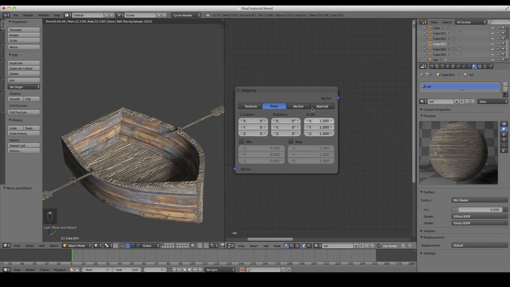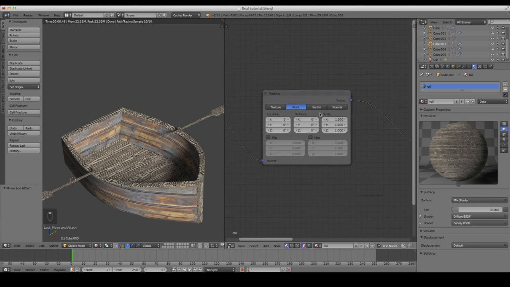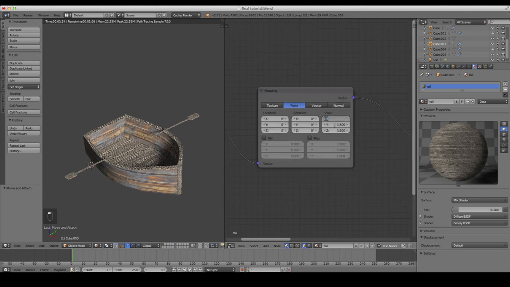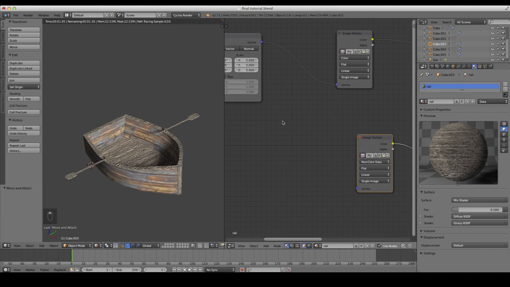So right here, if you will notice, we have scale. And I think if you're on a PC, this does look a little bit different, but somewhere you will have a scale option. So if we just change all of these to maybe 1.5, 1.5, 1.5, you can see the texture got a little bit smaller. Let me just show you, we'll go crazy, like 5 on all of it. And then